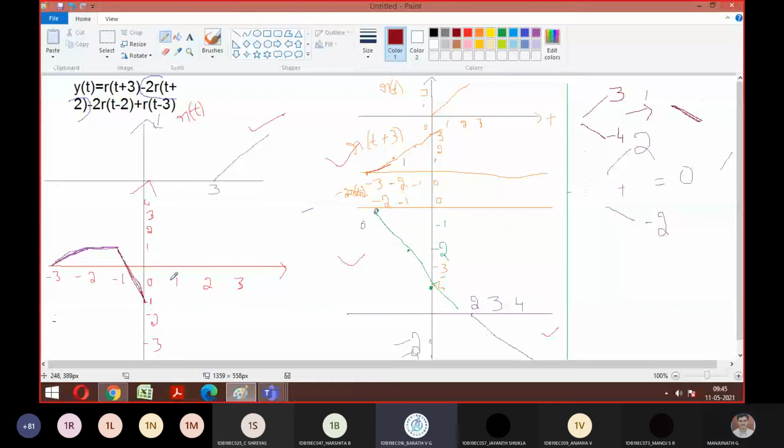Amplitude decreases from -2 to -1, isn't it, sir? Let's see. Check out here. So -2 to -1 means from here to here. At this junction, what is the amplitude? It is 2, right? Yes, sir. Then here, from -2 to -1, the amplitude is -2. So it means it is at 0.